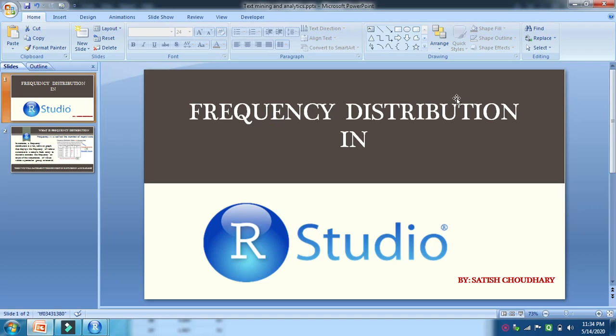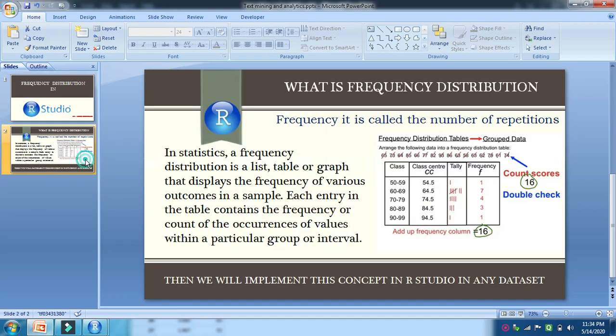Today we are going to learn frequency distribution and implement it in RStudio. Firstly, we have to understand the meaning of frequency. Frequency is the number of repetitions of a value in a particular fixed interval or of a particular individual value. It shows the discrete values in tabular format, or we can use the class concept: a class and the number of values which fall into the class is called the frequency. Basically, it is a statistical concept. Without more discussion of statistics, let's move to R to implement this concept